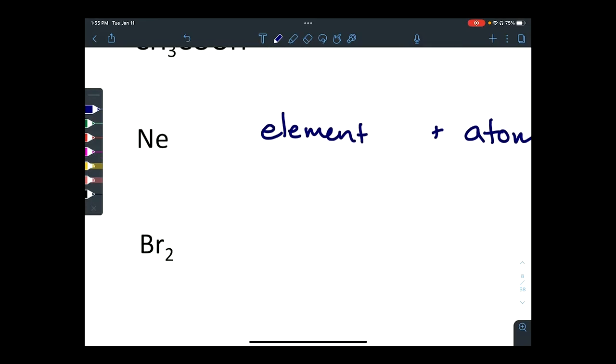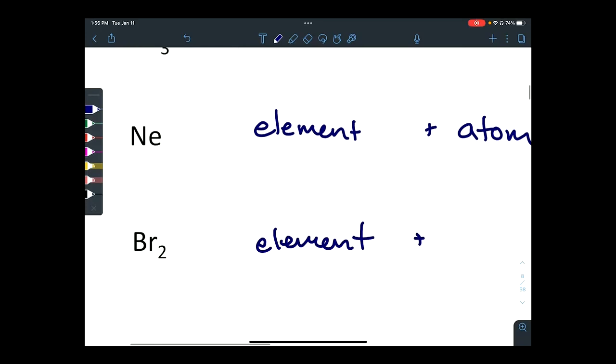Br2. A little bit trickier. You said it's an element? It is a molecule, yes, because there are two Brs there. There's a subscript 2, so we have two bromine atoms. So it's a molecule, because any molecule just has to have at least two atoms chemically bonded to one another. But what else is it? It's an element also. Br is on the periodic table, and that's the only substance present. It's not like BrH or BrO, that would make it a compound. It's just Br. There just so happens to be two of them bonded to one another. So this is an element,